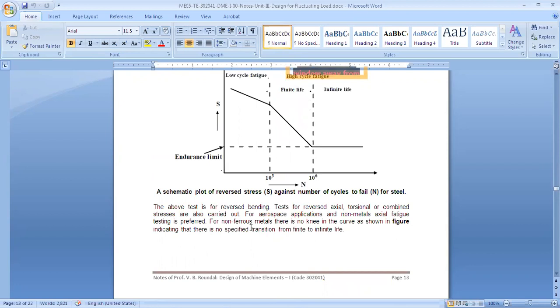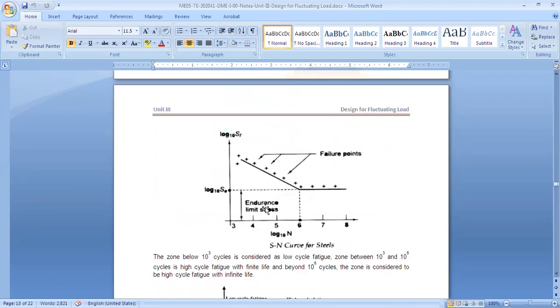Okay, so the SN curve is basically what we plot when we try to find the fatigue life of an element, and if it survives for a certain number of cycles, then that particular number of cycles will become your limit. Okay, so I hope the SN curve is clear.